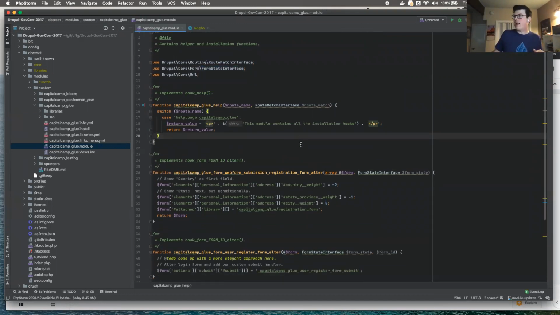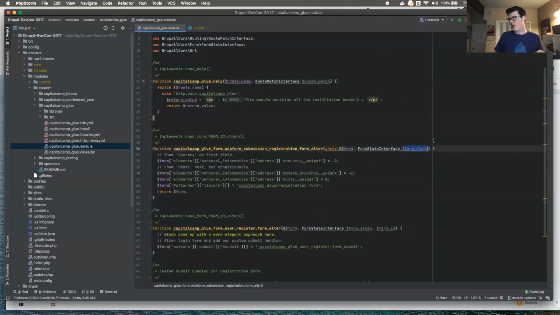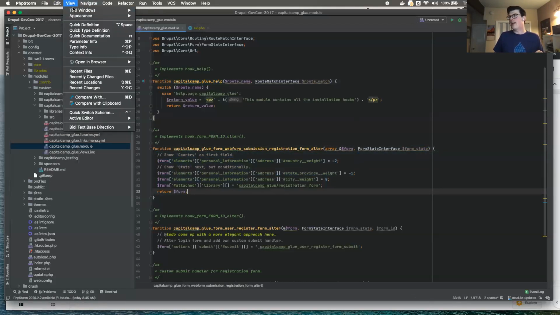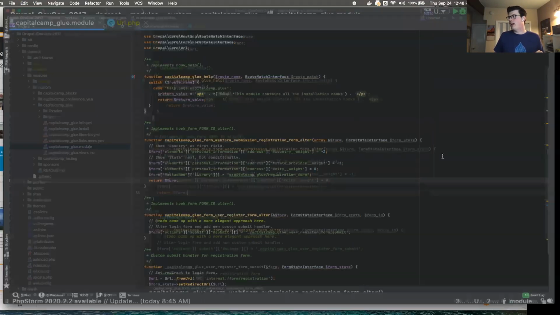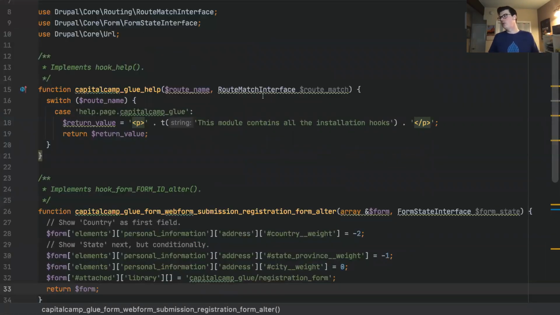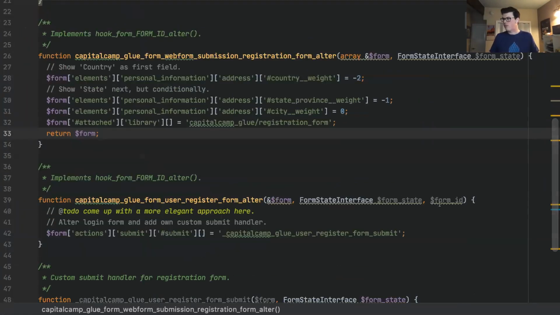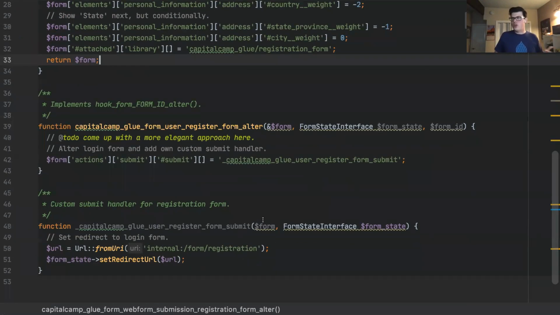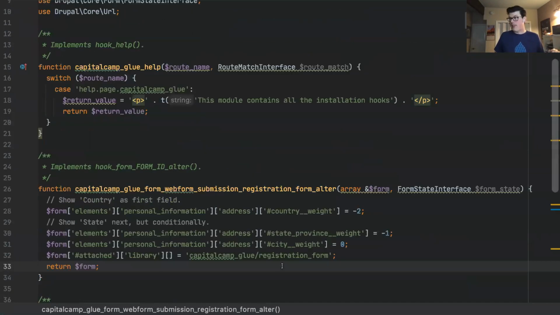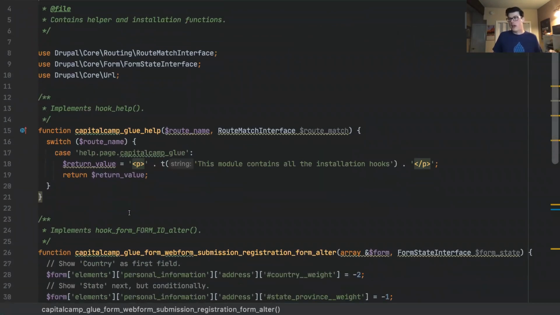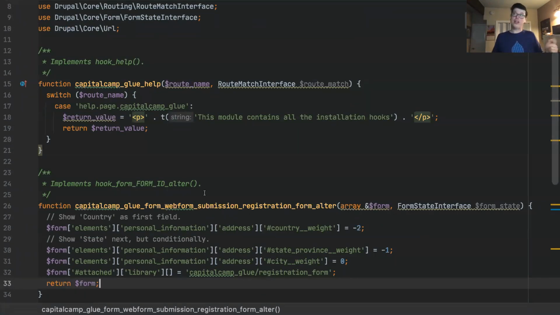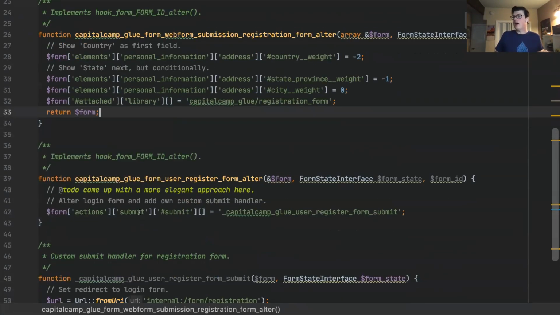The next thing that it's great at is telling you at a glance if things are being used or not. Looking at our help function, looking at this form alter function, I can tell without even reading a line of code in this function that the variables getting passed into this function, in this case the route match, and in this case the form state and form ID, these functions are not actually doing anything to override or change these variables as they come into the functions. That's not necessarily good or bad. It's really useful to see that at a glance.